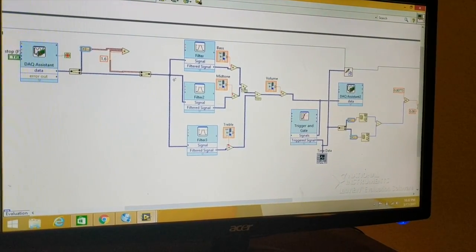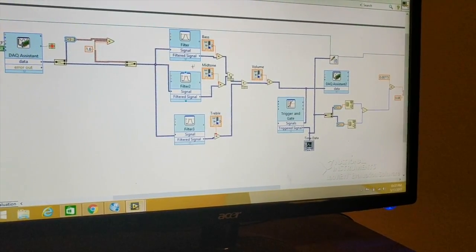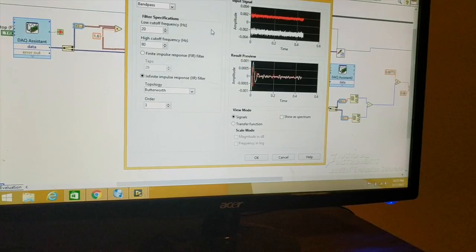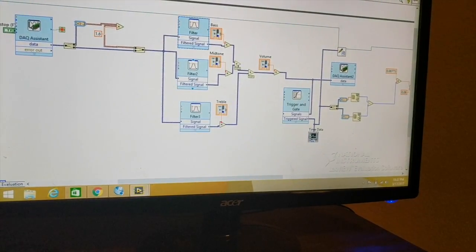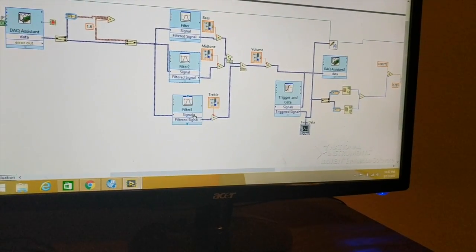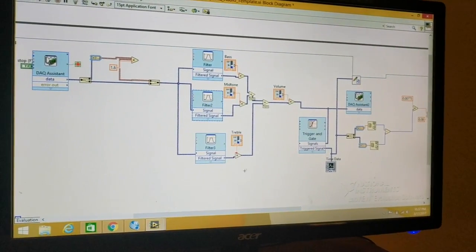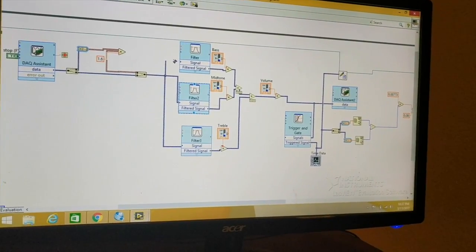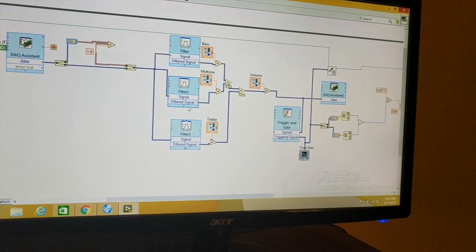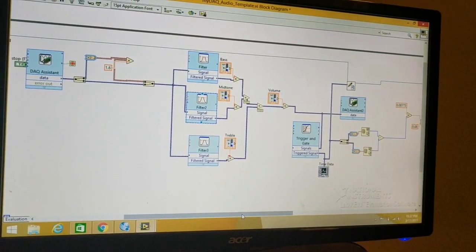Then I filtered the sounds into the bass, midtone, and treble properties. The bass is about 20 to 80 hertz, which is what I found from research, so I made it 20 to 80, and then the midtone I put at 80 to 320, and the treble from 320 to about 1,000. To do that, I split up the sound into three parts, filtered them individually, and then combined it all back